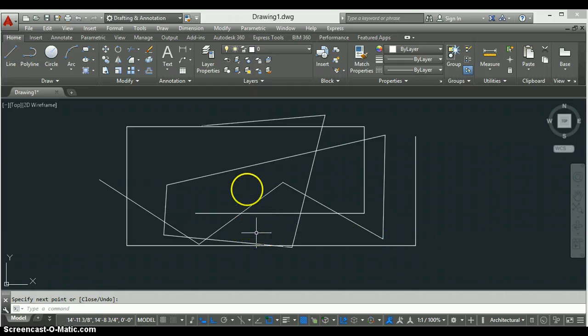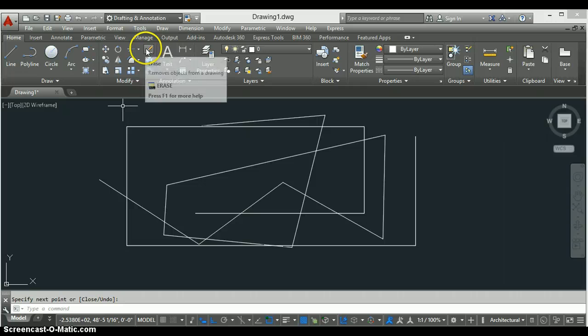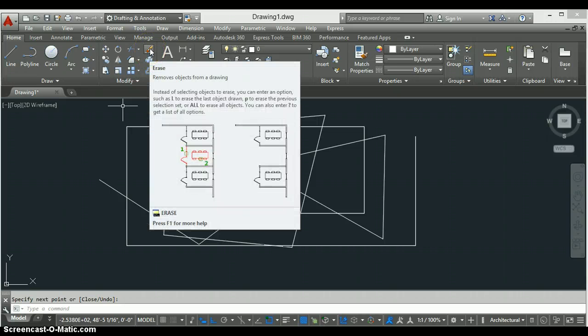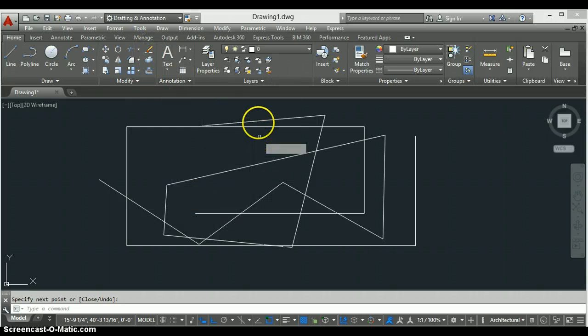This gives us an opportunity to learn about the erase command now. It's under the modify panel. It modifies geometry. So the erase button is on the top row. The icon looks like it has an eraser. And then you can click on individual lines. And see, now they dash, so you know that when you hit enter, these will go away. So you can click on individual lines,